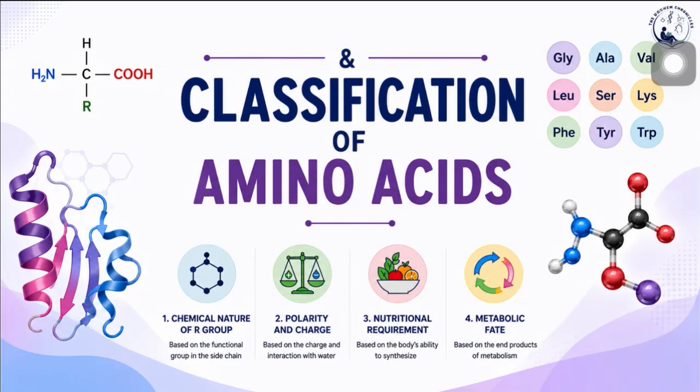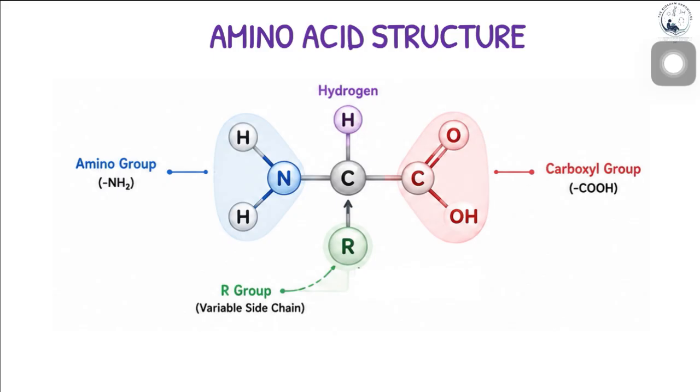In today's video, we'll be looking at the classification of amino acids, mainly the four ways it is classified: 1, by the R group; 2, by the polarity and charge; 3, by the nutritional requirement; and 4, by the metabolic fate. So in the previous video, we saw the amino acid structure where we remember the magic number